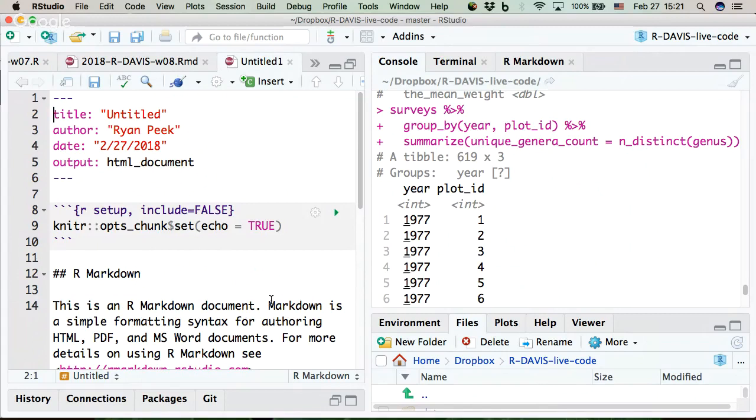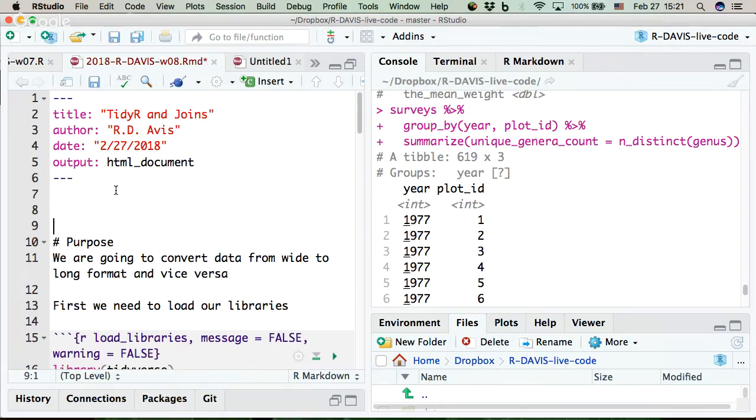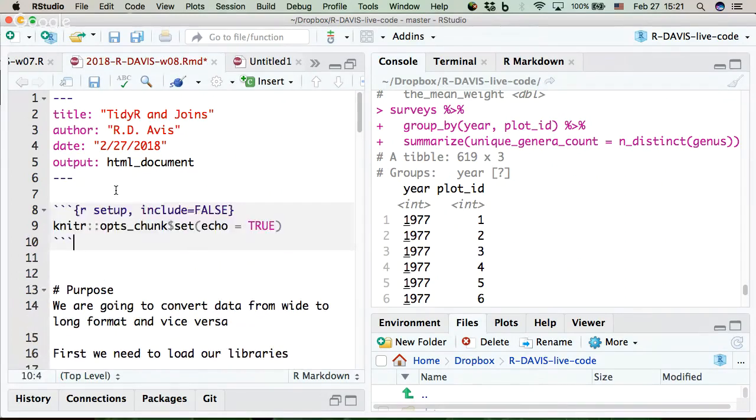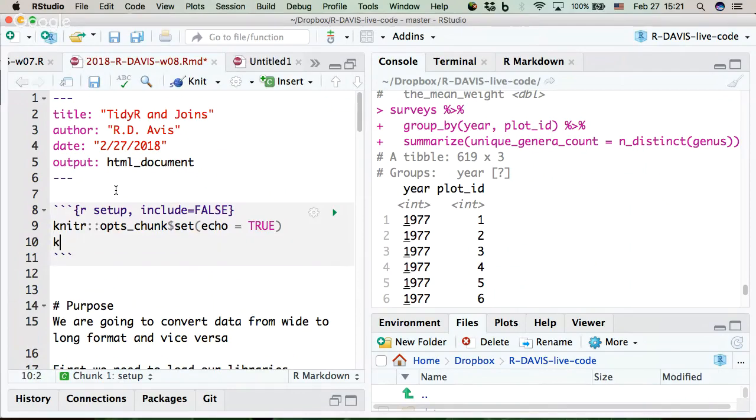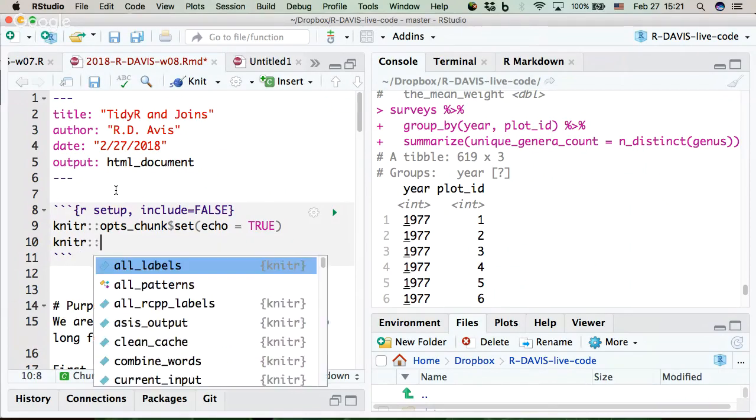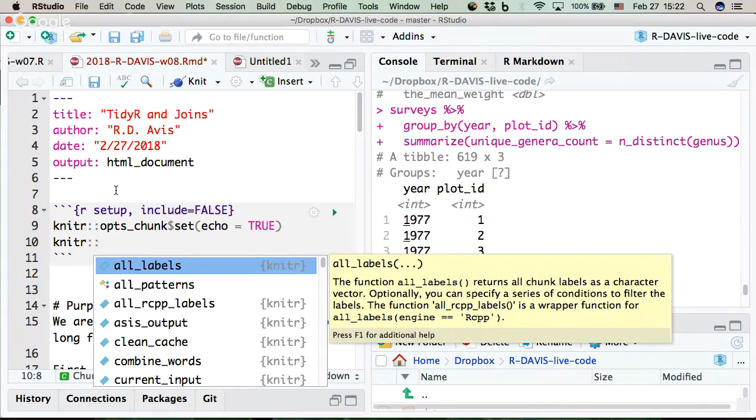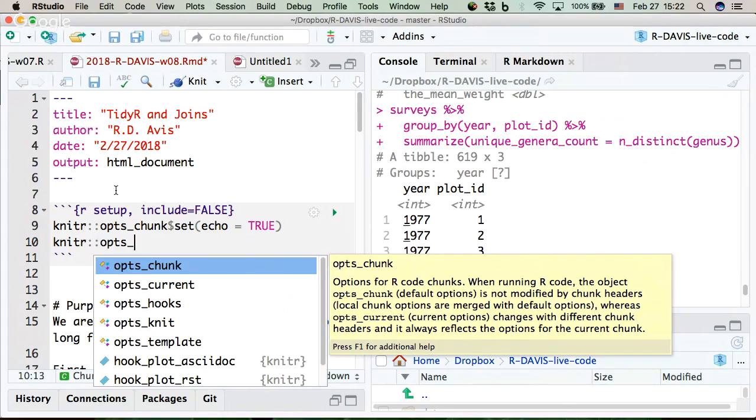One other cool thing we can do, so I'm going to copy this over into our live document, so you'll be able to copy this in a second. So I'm going to save this so you have it. Okay. All right. So knitr is the package that's making all this happen right behind the scenes, and there's a whole bunch of options. So opts_chunk,